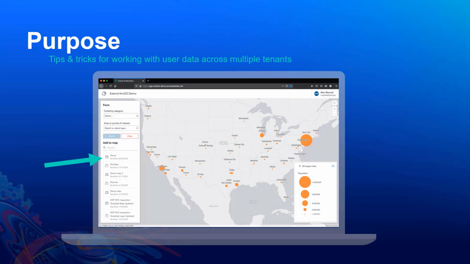And the purpose of this session will be to provide you with some tips and tricks for working with your user data across multiple tenants. And this can really mean a couple of things. It could mean that your users could have their own data hosted in their own GIS deployment, and you want your application to be a client to that. It could also mean creating new data services on behalf of your users so that those users can access and interact with those data services that you created through your application so they can use it for the workflows that